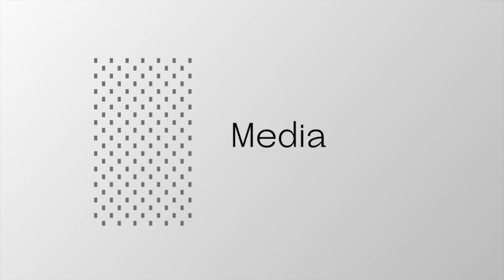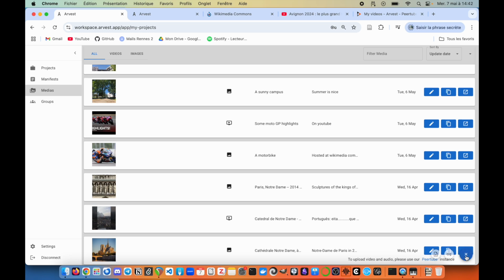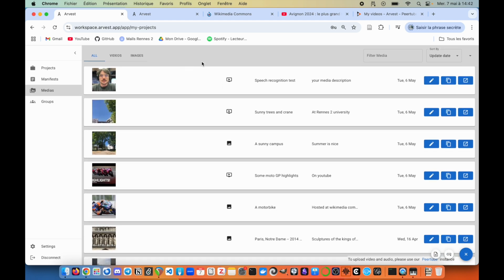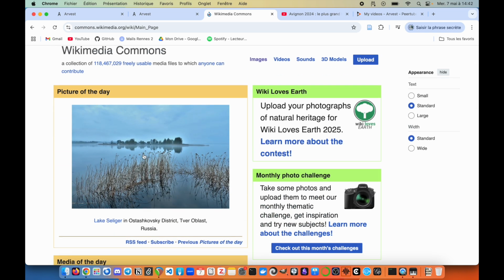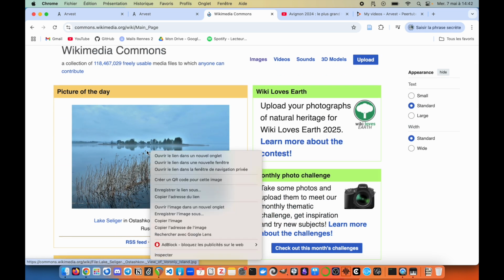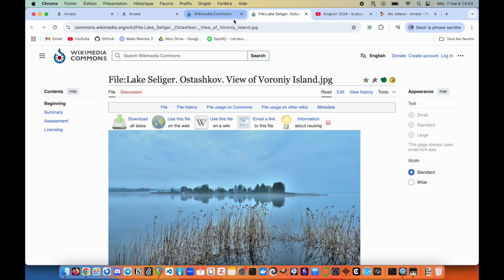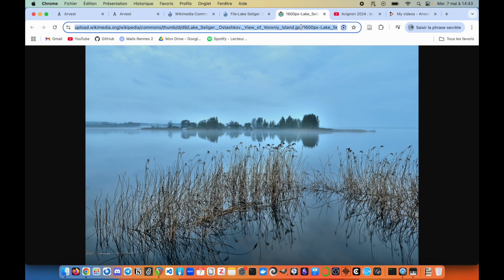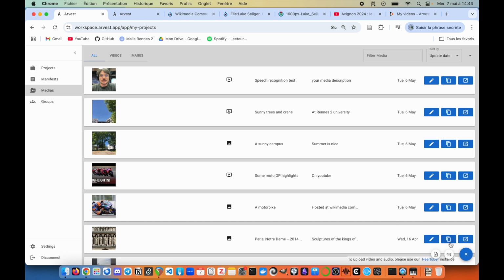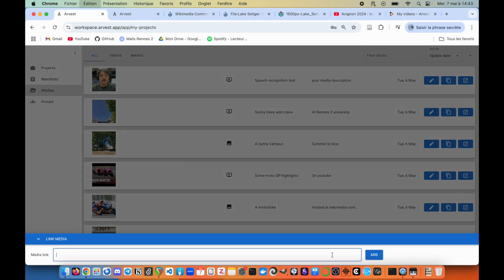Media. So there are two ways of getting media into Arvest. If we press the little plus button here, you see that we've got either upload or link. So we can link to a piece of media that is found online. For that, we will need the direct URL to a piece of media. So if this image, for example, which is on Wikimedia Commons, I right click here and open the image in a new tab,